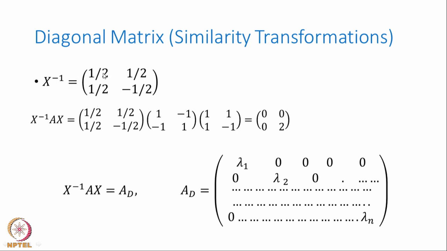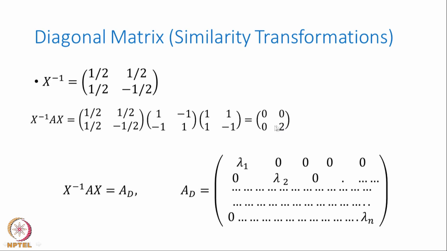So, what am I doing now? I am going to use a technique which is called a similarity transformation. I have obtained X, a matrix of eigenvectors. X inverse is the inverse of the matrix of eigenvectors. So, this is my matrix A, I multiply on the left by X inverse and on the right by X. Okay. So, this is my X inverse A X. When I do this particular product of these three matrices, what I get is 0, 2, 0, 0. So, what are these 0 and 2? These are nothing but my eigenvalues I started with.